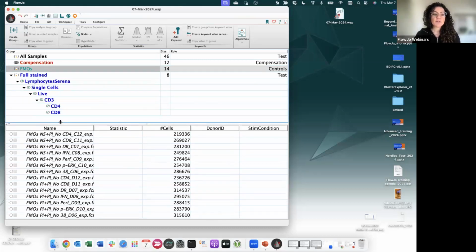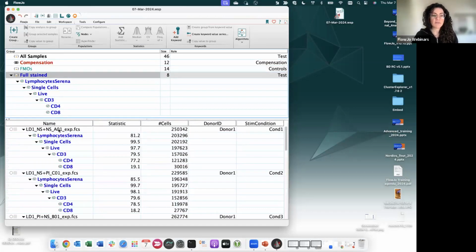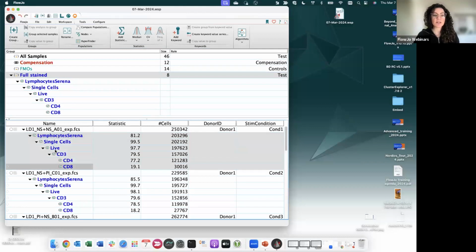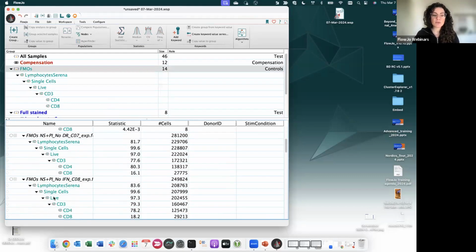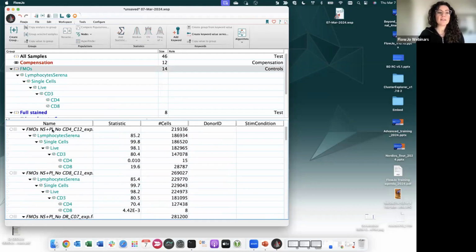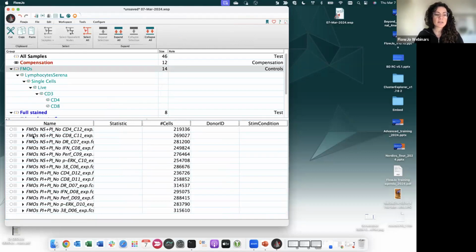In this case, what we can do in an easier way, since we will need the same gating strategy even for our FMOs, because they are nothing more than cells stained with all the markers except for one, we can take the same gating strategy and just drag and drop it onto the FMOs group. In this case, even the FMOs have the same gating strategy. And this is the tip I want to give you: if I go on edit and collapse all, I can just see the full names of the samples